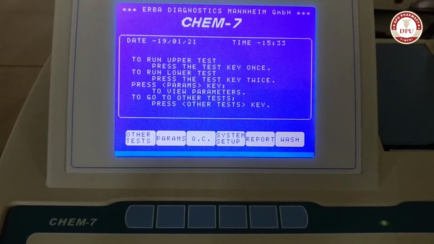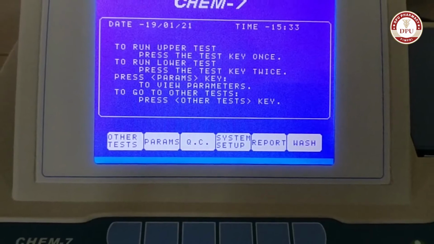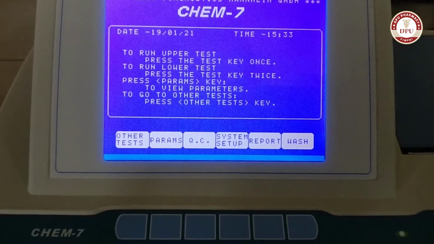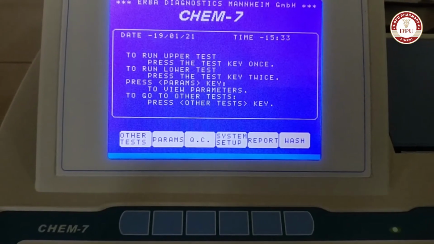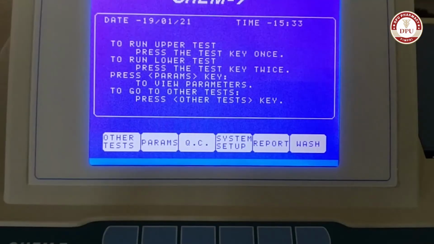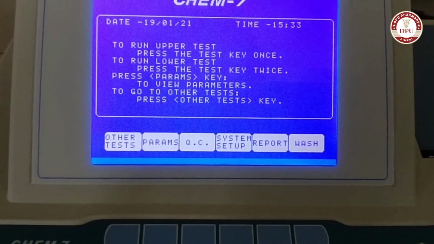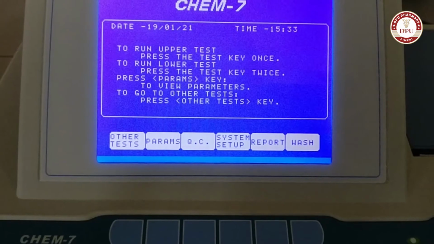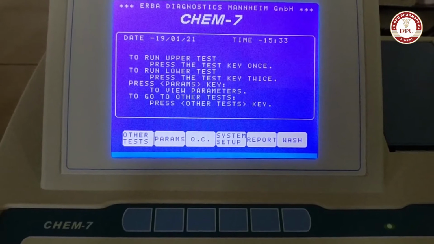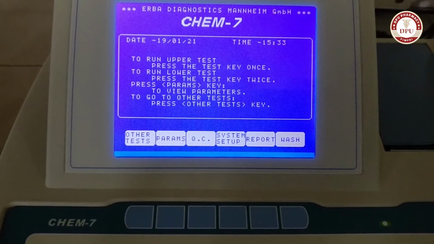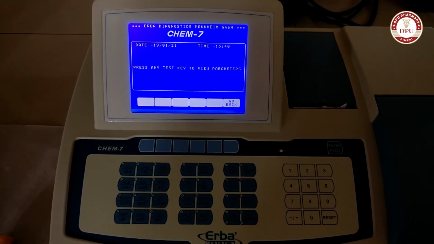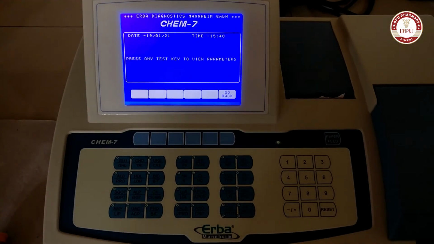The report key is generally used for a patient-wise report of all the chemistry runs for a particular sample identified by the following parameters: the date, ID, date and ID, and date and test name. When the wash key is pressed once, the peristaltic pump starts aspirating. If pressed again, the peristaltic pump stops aspiration. If the key is not pressed again to stop washing, it will automatically stop after aspirating approximately 5 ml water. The display will show all the parameter heads concerning the selected analysis, as in this case, glucose.